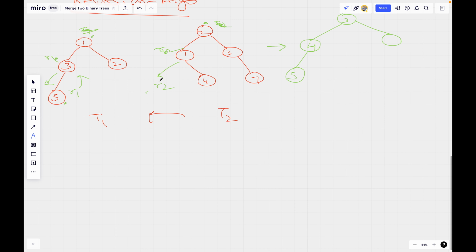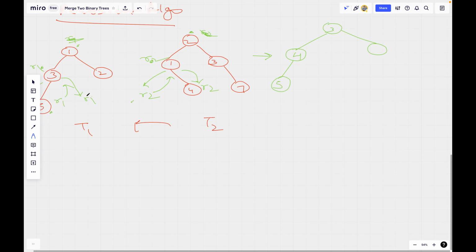So we move upwards. And 3 will say, okay, I have updated my value to 4. I have merged my left subtree with R2's left subtree. Now go ahead to my right subtree and merge my right subtree to R2's right subtree. Now R1 is null. As R1 is null, there is no point in digging further to R2. We will be simply returning R2 from here. So this 4 is attached right here. Now we will be moving upwards.